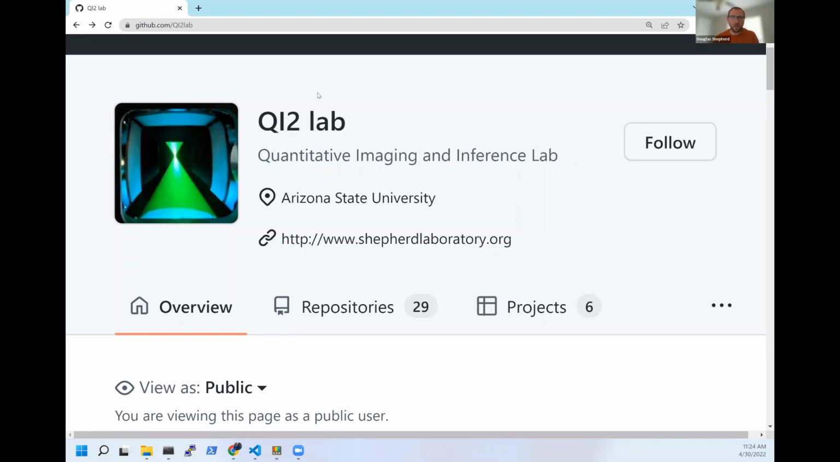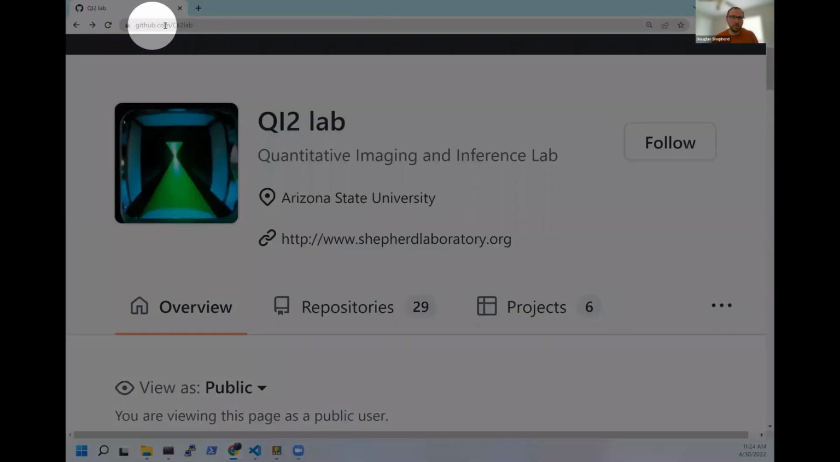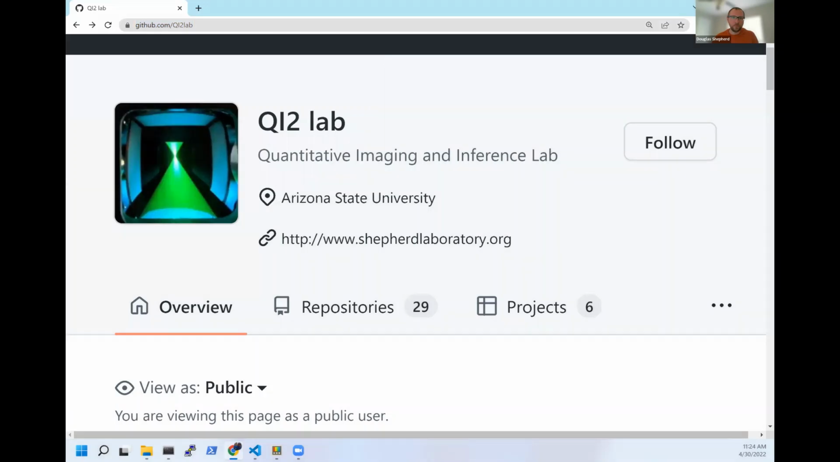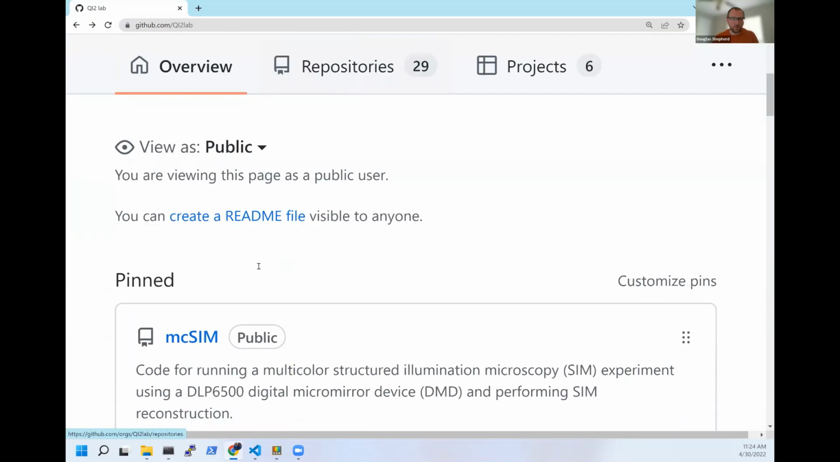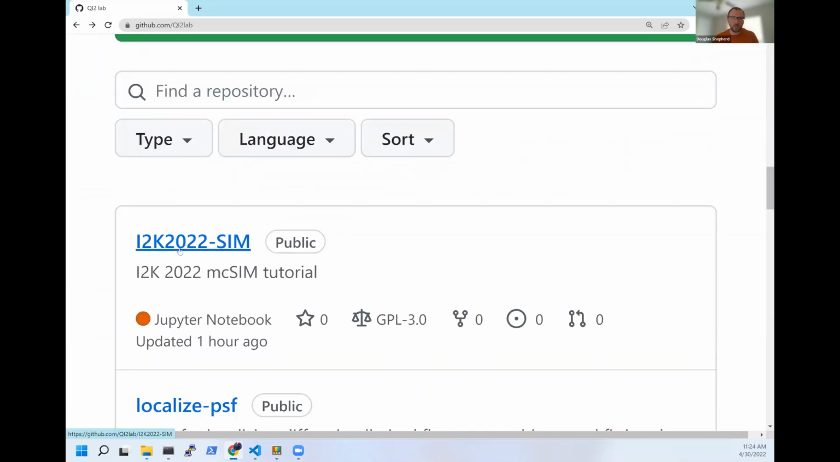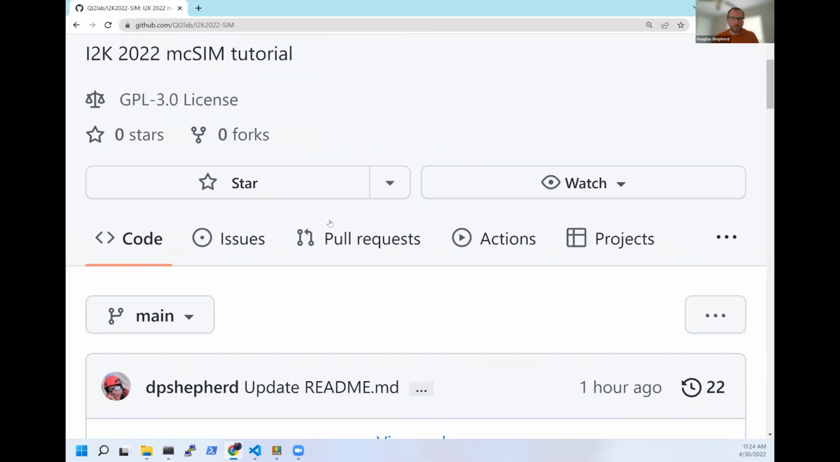So to begin with, you'll need to navigate to our group GitHub page, which is github.com/QI2lab. And so that can be found here. And then you are going to go down to the repository for the I2K 2022 SIM Workshop. This should be one of the first repositories, and we'll probably pin it to make sure that you can find it. If you click here, there is a set of instructions on what you need to do to